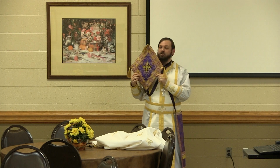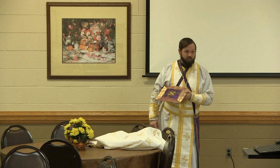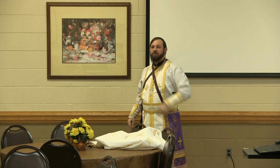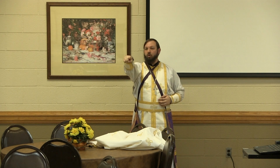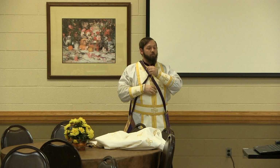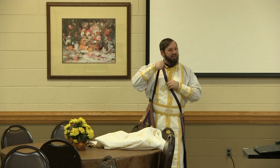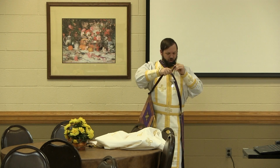Just so you know, in the ancient world, this color doesn't really exist. It's hard to make. It's burgundy. Could you hold up those for me? That's closer to liturgical purple. That is what purple in the ancient world was. It was a burgundy. If you look at our carpet in the church, that's what purple was. But in the 1600s, at the time that this starts to get standardized in the Russian High Church,